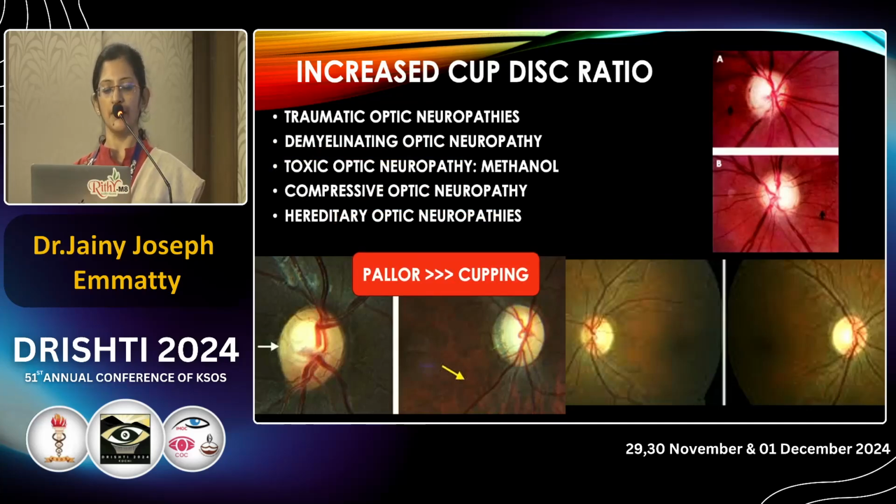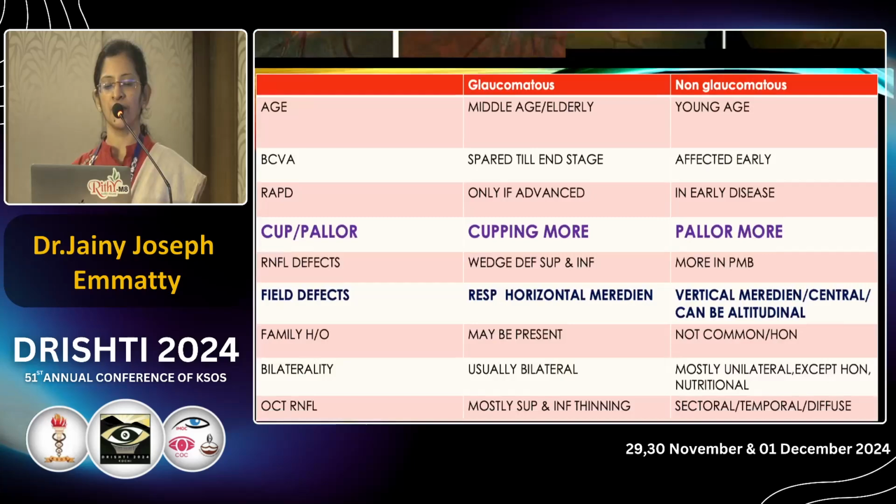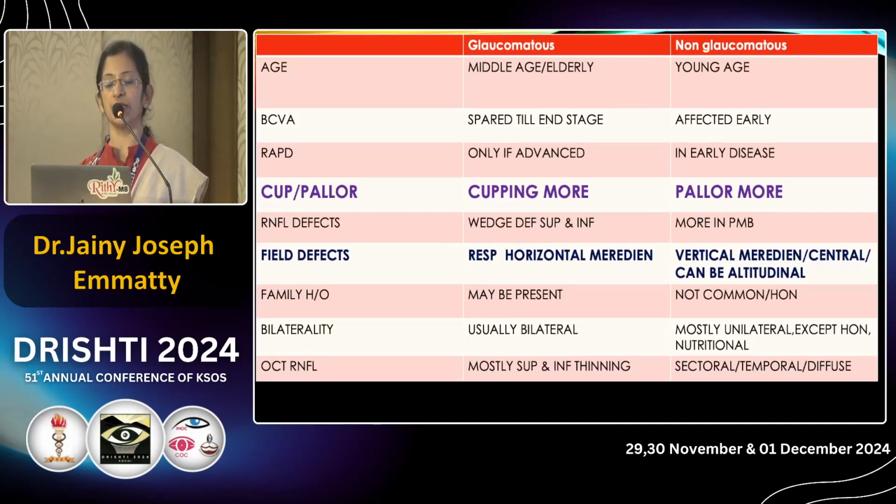When we examine the disc, we will see that the cup is very shallow and the pallor is more prominent. So we should not miss these conditions, which can be traumatic, toxic, or compressive lesions. The other important feature to differentiate is that the patient is usually young, with early visual loss with RAPD, color vision problems, and visual field defects that follow the vertical meridian. And usually these conditions, even though mostly unilateral, can be bilateral in hereditary cases and